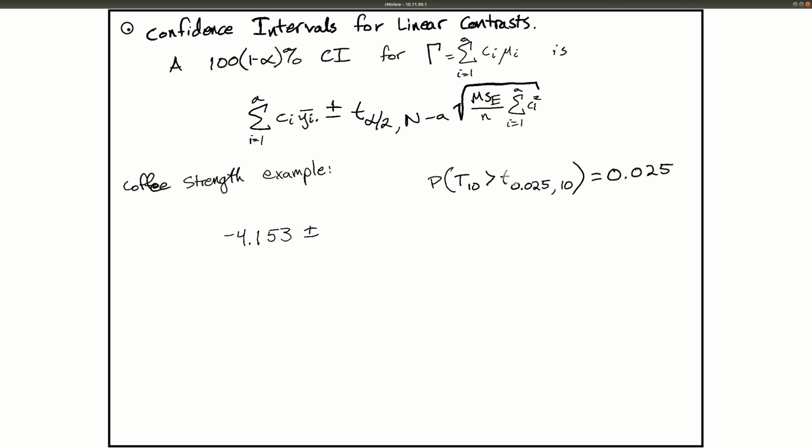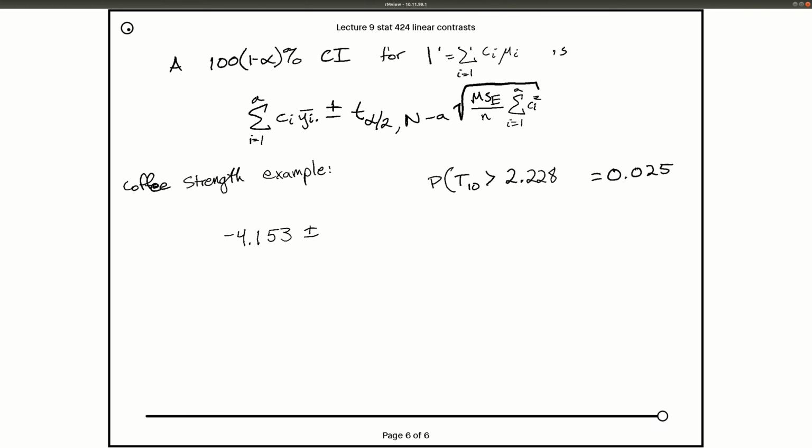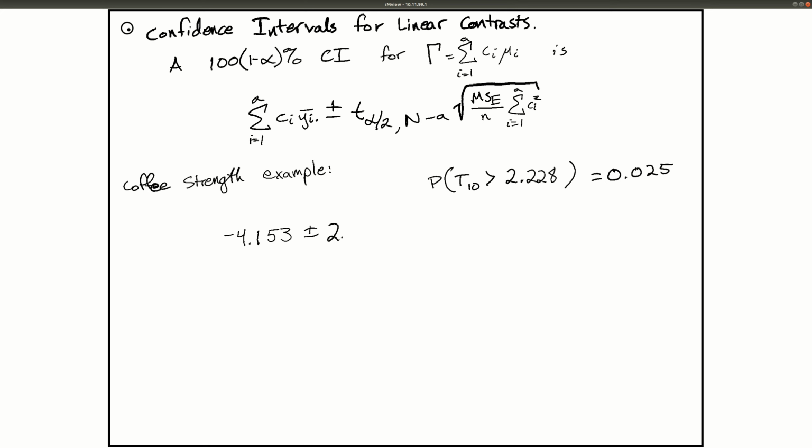If we use R, we can find what this value is, or we could look it up in a table, but it comes out to 2.228. Okay. So we do plus or minus 2.228, and then we multiply this by the standard error of our estimate for the contrast,